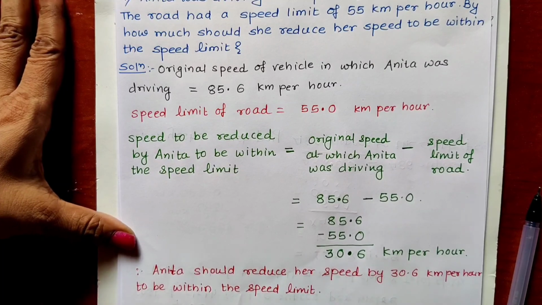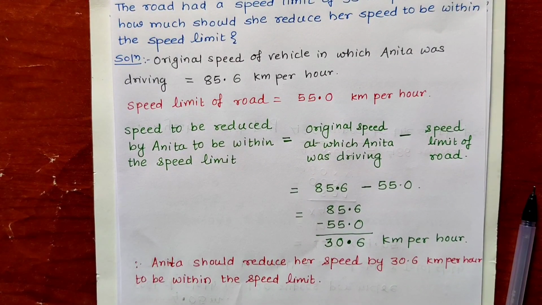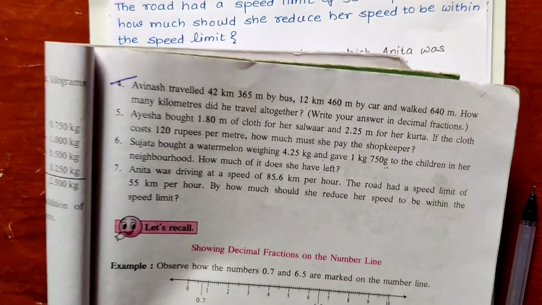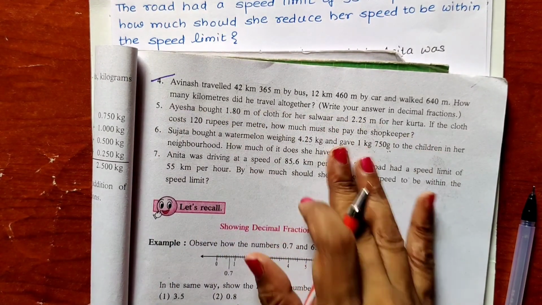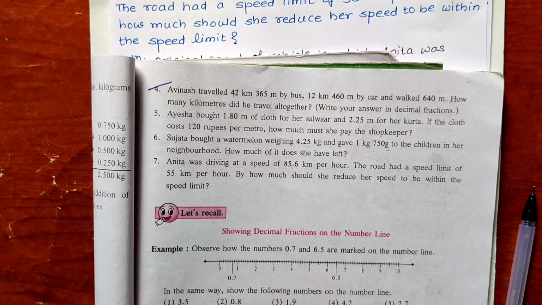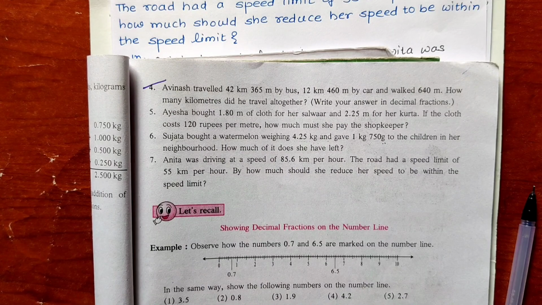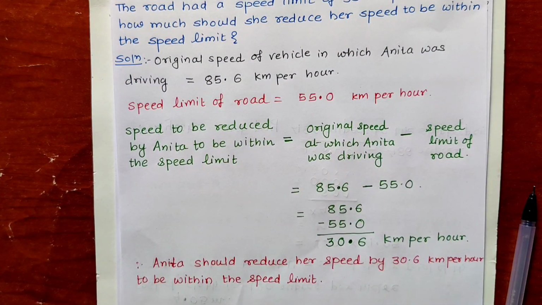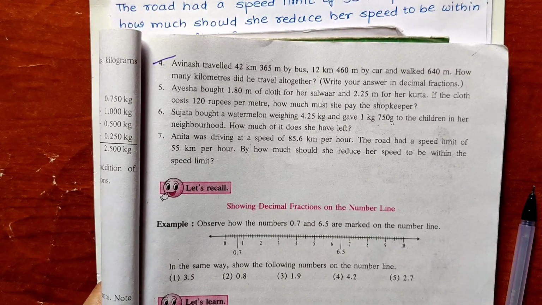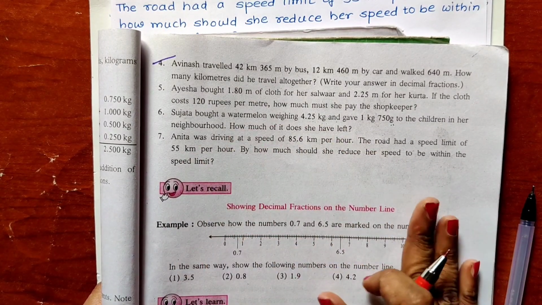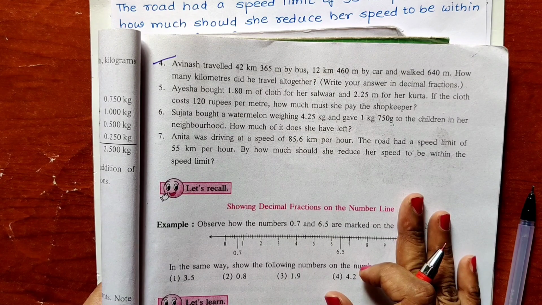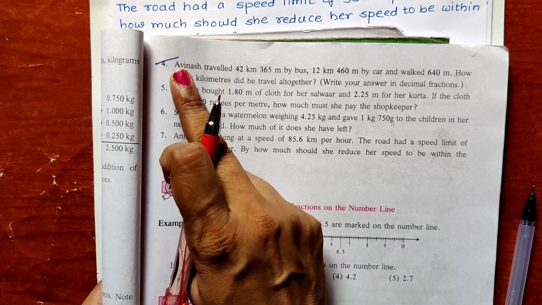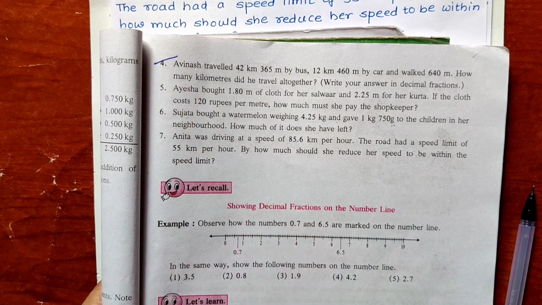In this way, we can find out the answer, and writing the answer statement in each and every question is very, very important, because these questions are word problems and in word problems we have to write the statement in our solutions. So you have to see that all these statements should be written very properly in the solution of these questions. We have completed part 2 of practice set 14. We have solved question number 4, 5, 6 and 7.